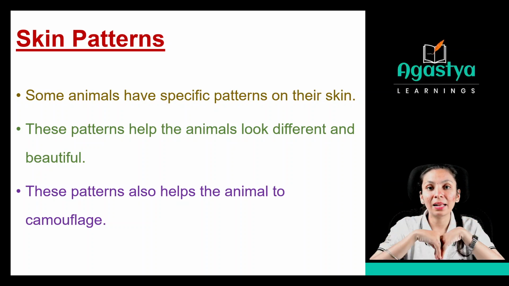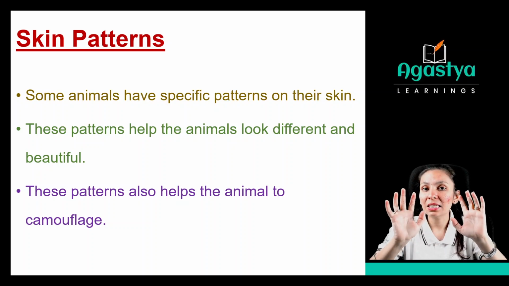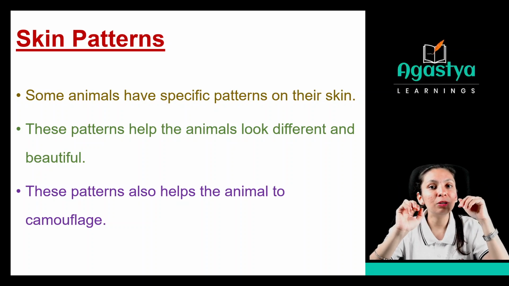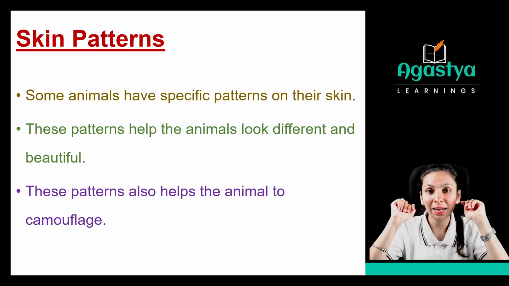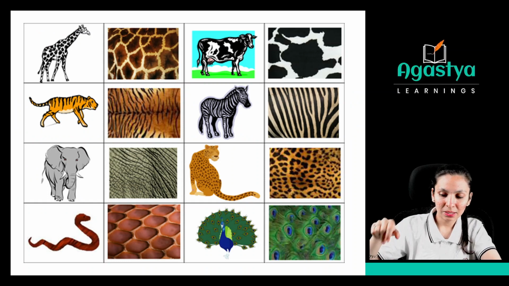If I make myself black, but I cannot do that. But some of the animals have that feature of camouflage through which they can blend themselves with the background, so that it is very difficult for predators to differentiate them from the background, right? So they cannot hunt them. Now see,